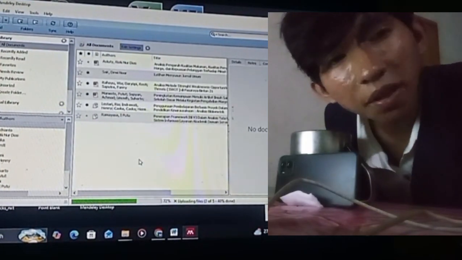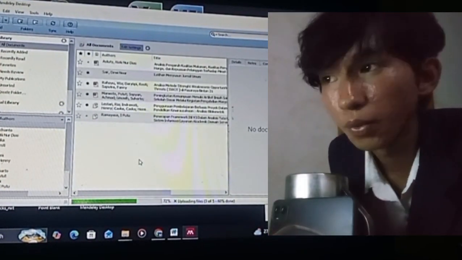This is how to make a citation of a thesis in Word using Mendeley.